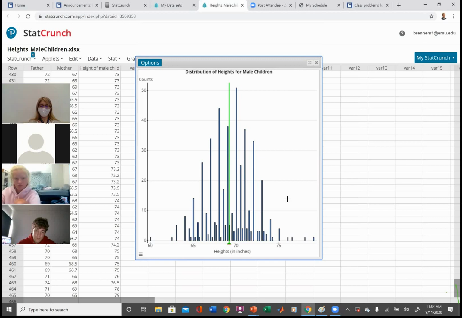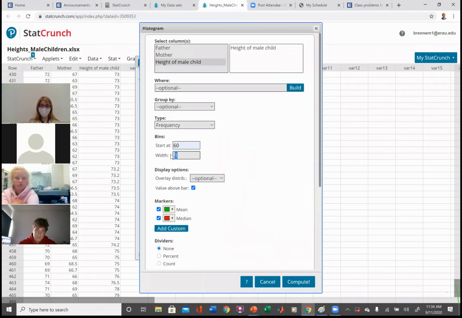What's going to happen as I increase the bin width is things are going to start to average out, right? See this little bar here and this big bar? They're going to average out, and this graph's going to become smoother. And what I want to do is increase the bin width until the point where it looks like I can draw a nice smooth curve, okay? So we just play. I'm going to increase it to 1.